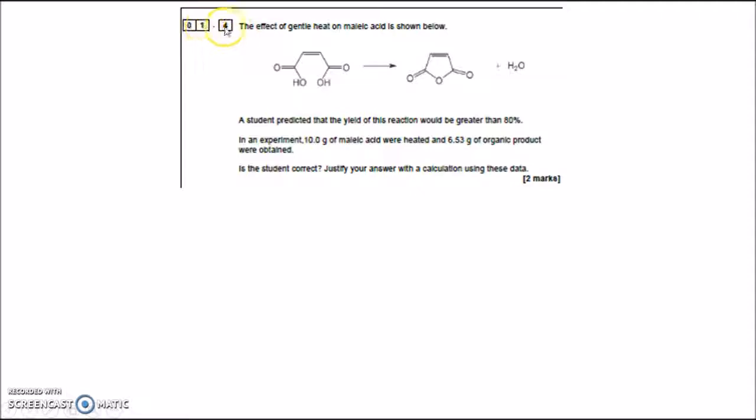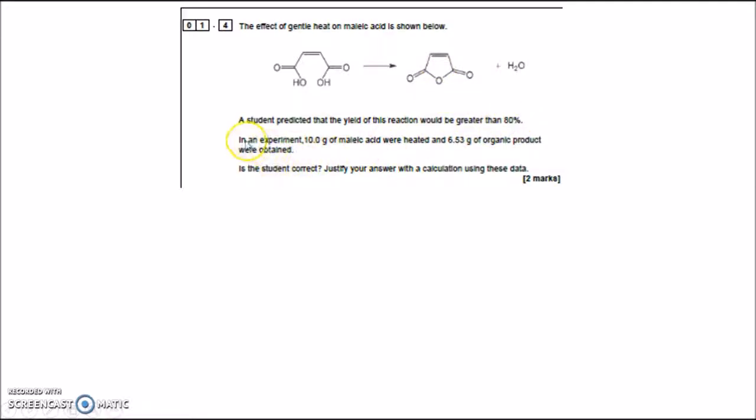Right, let's look at question 1.4. The effect of gentle heat on malic acid is shown below. So this must be malic acid, and this must be what's made along with water. So it's a condensation reaction. A reaction that releases water is a condensation reaction, and we say that the malic acid has had water removed or it's been dehydrated. The student predicted that the yield of the reaction, so making this, would be greater than